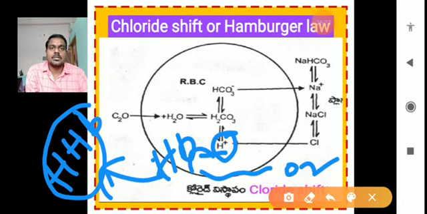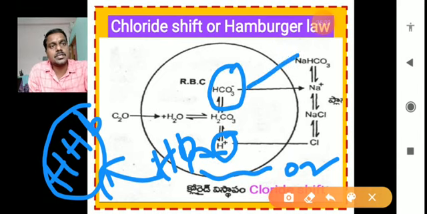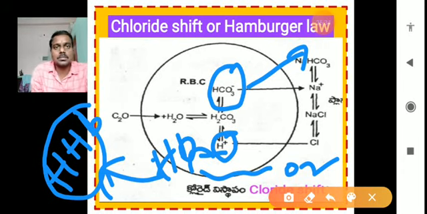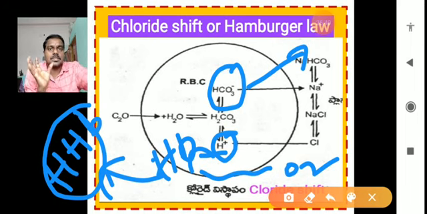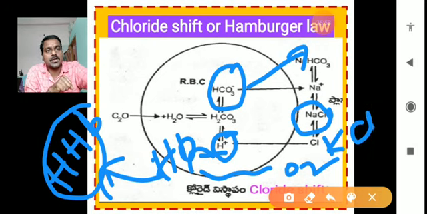So this is very important. The formation of HHb is an acidic state, but the HCO3 released into the plasma should form a base state. So when the RBC becomes acidic and the H plus concentration increases, at the same time our blood plasma neutralizes that acidic state. That's why our plasma contains NaCl and KCl, sodium chloride and potassium chloride.